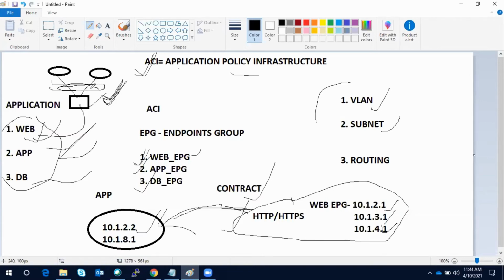If it is a single interface connectivity, a port channel, or a VPC, you have to first define it, and then you have to map this EPG on top of that policy. Then it will get applied at the hardware level.